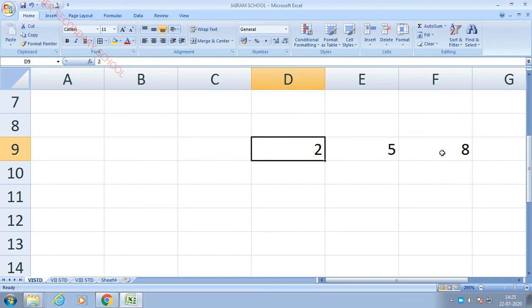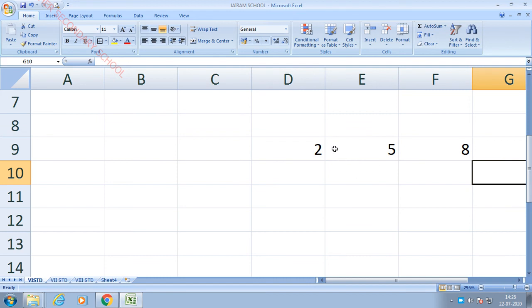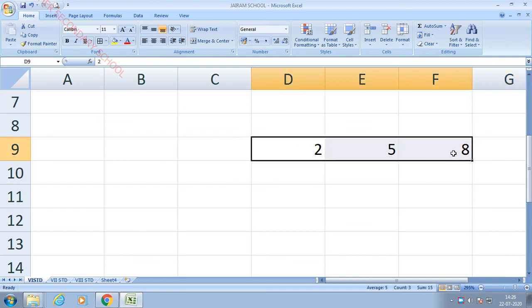So 2 plus 3 is 5, 5 plus 3 is 8. So what is the stop value I gave there? I gave stop value 10. In case it comes like 8 plus 3 is 11, but the stop value we have mentioned is 10, so that's why it stops. It came up to 8. I hope you understood this. Okay, shall I tell you once again?